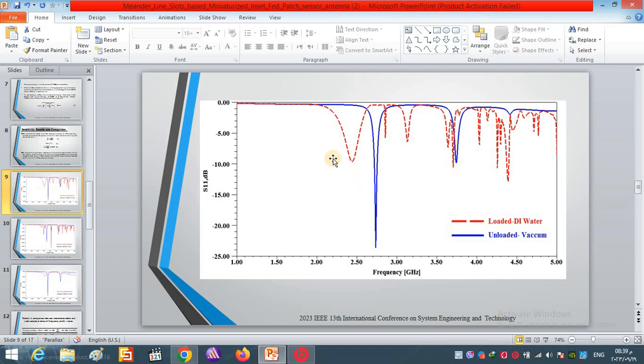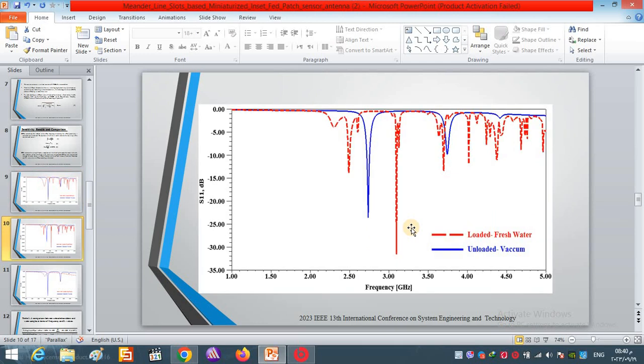From the obtained result, we can see the difference in the frequency location and also the difference between the two resonances in terms of S11 value, where the distilled water has the lowest S11 value compared with the other one, which is unloaded, or empty, or vacuum. The second test,